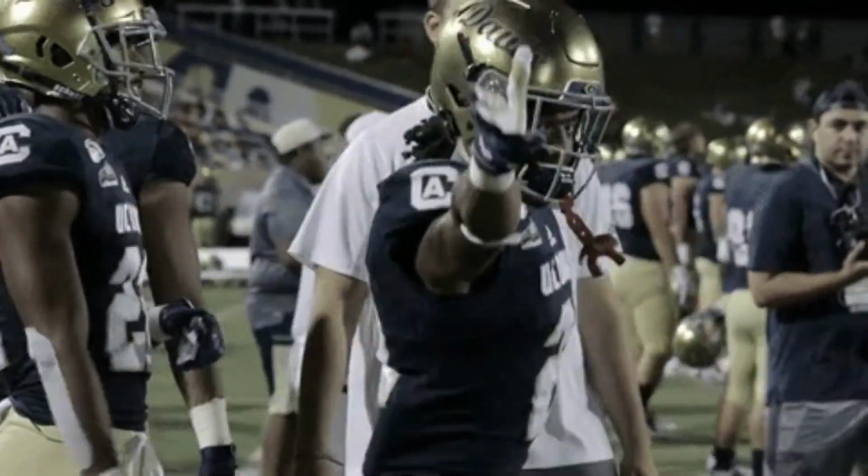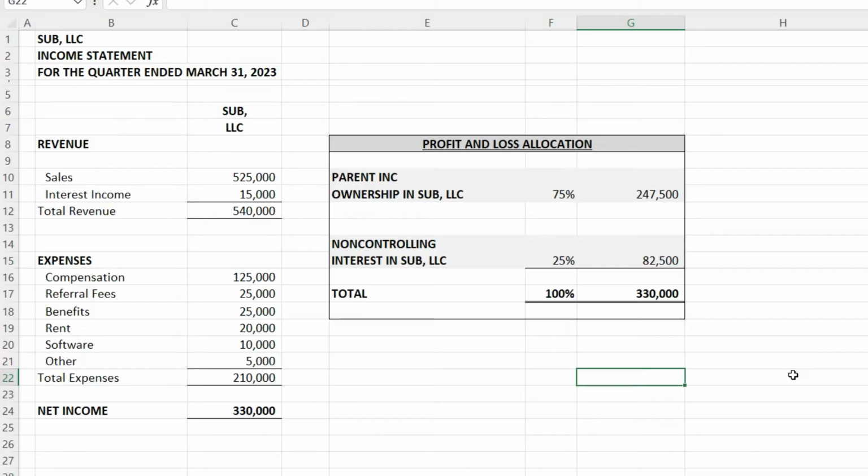So first things first, let's look at sub LLC's results, their income statement. Sub LLC has $540,000 in revenue to $210,000 of expenses, which leads to net income of $330,000. And the breakdown of who owns that net income is parent incorporated owns 75%. So they have $247,500 of net income attributable to them. And then you have a non-controlling interest, the other parties that own sub LLC, they are entitled to $82,500 of